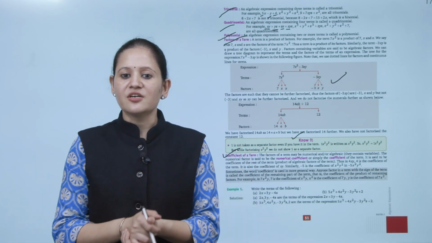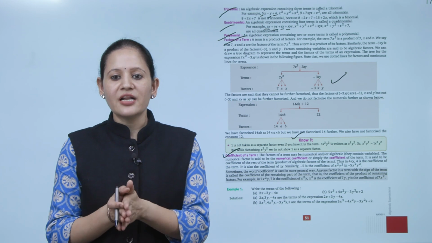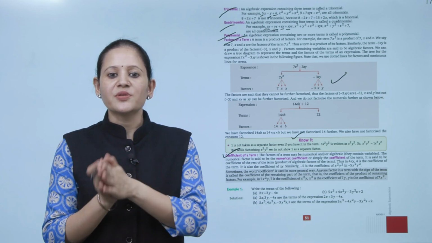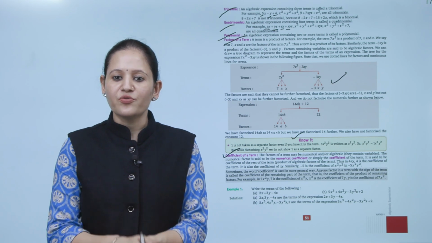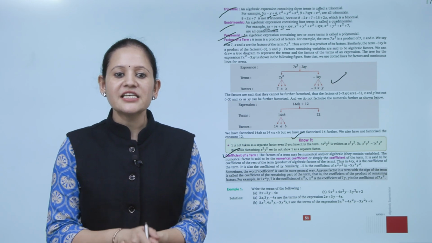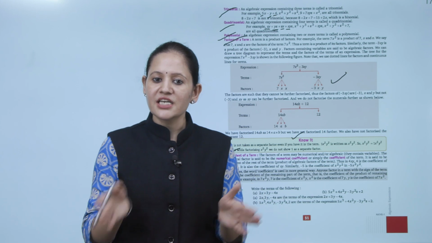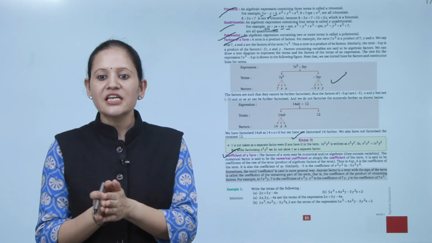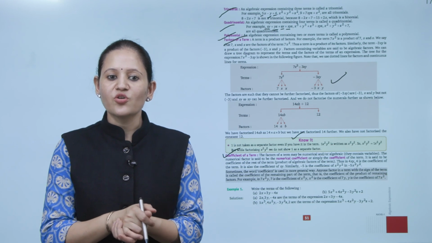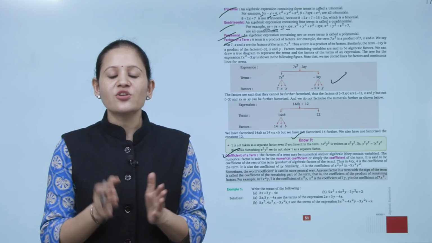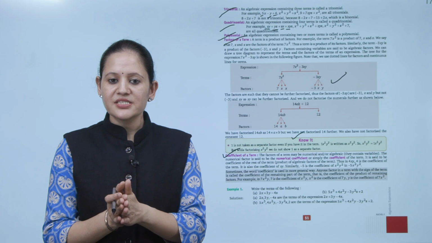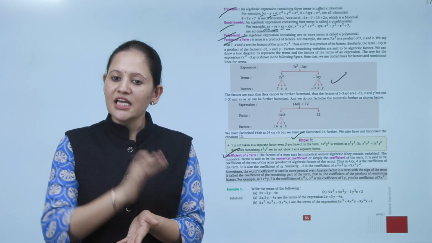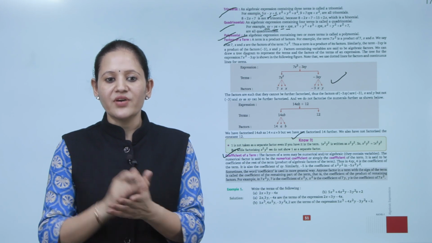The factors of a term may be numerical and or algebraic, which contain variables. The numerical factor is said to be the numerical coefficient, or simply the coefficient of the term. It is said to be the coefficient of the rest of the term, the product of the algebraic factors of the term. Thus in 4xy, 4 is the coefficient of the term. It is also the coefficient of xy. Similarly, minus 5 is the coefficient of x square y square in minus 5x square y square.